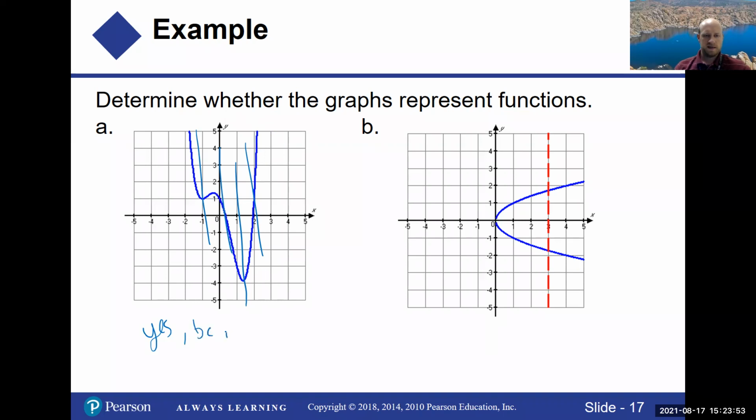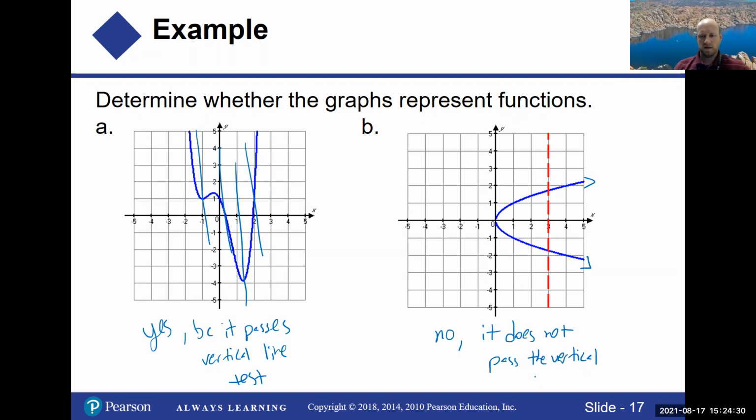Yes, because it passes a vertical line test. And then this one would be no, it's not a function. So we're talking about the blue one here. Okay, because I could draw a line, and this is like a red dotted line, that does go through the function at more than 1 point. So no, it does not pass